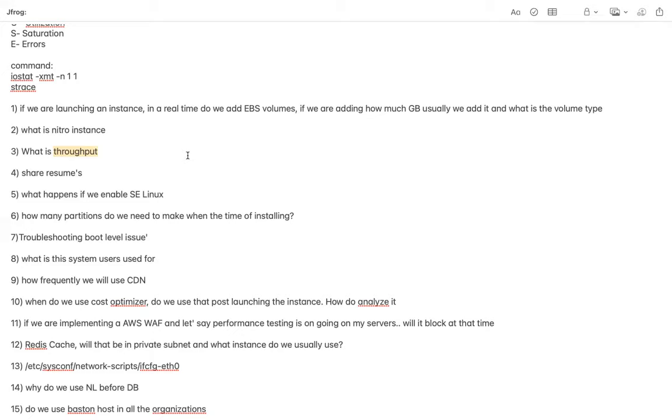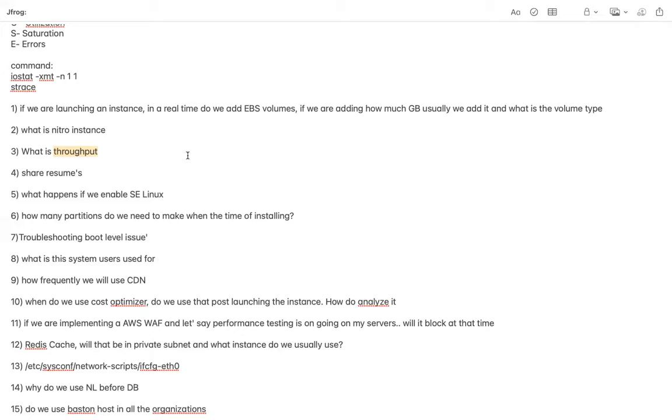But when we are working with a MySQL database or Oracle database, we need not only look at IOPS, but also at throughput. For example, if there is a report where 10 GB of data has to be read, one request requires reading a lot of data from multiple tables.